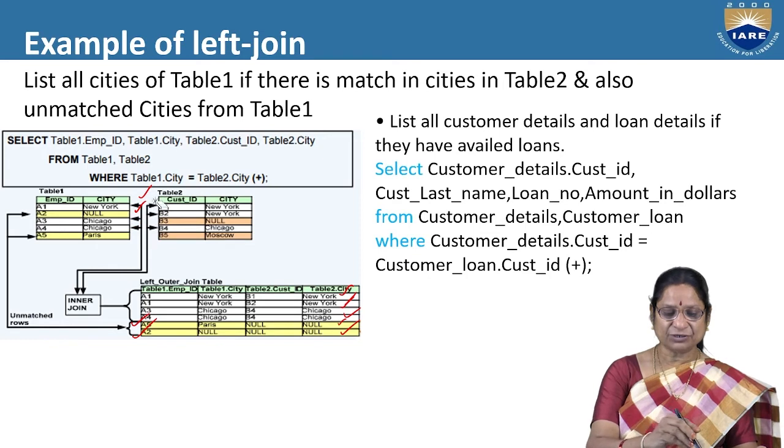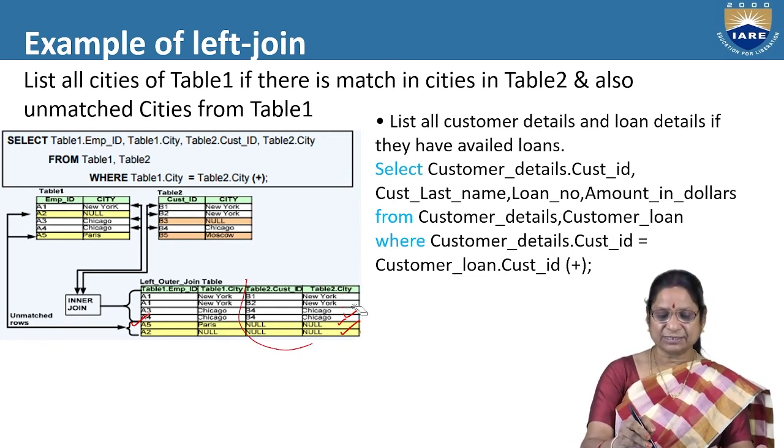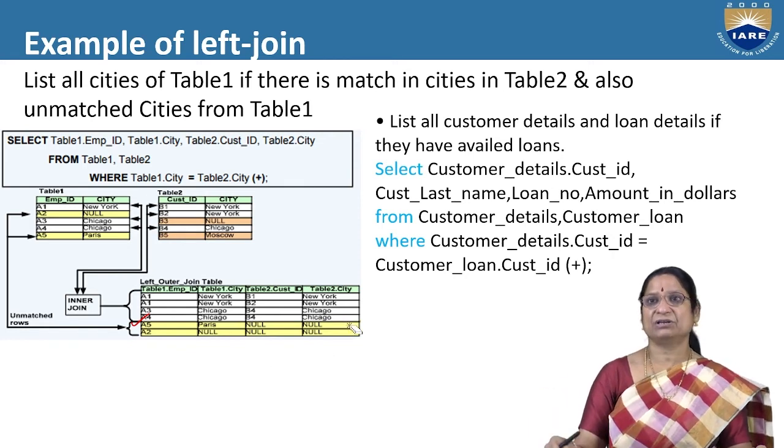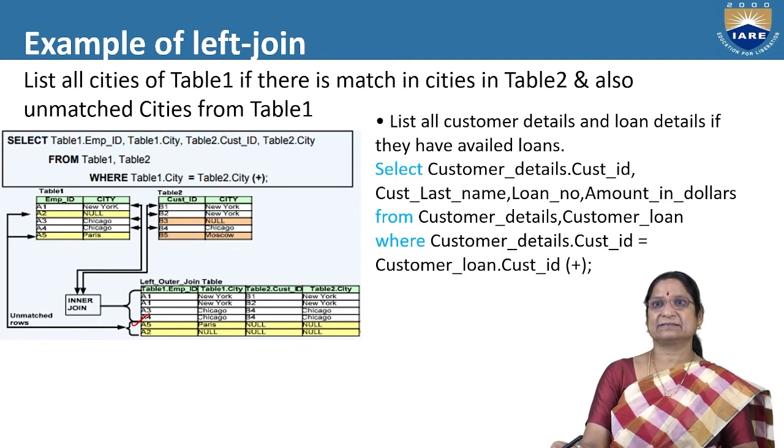So, this is left outer join. Why? Because in a left outer join, left side tuples which don't have a mapping are filled with null, no? So, that's why it is a left outer join. Similarly, we can use it for right outer join also. So, the query is going to be written like this.